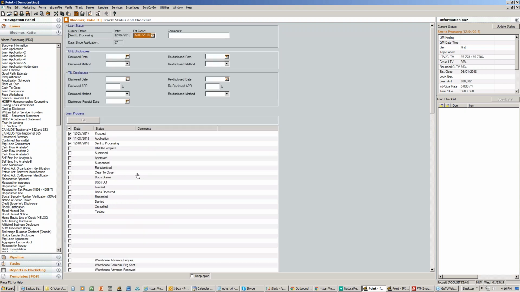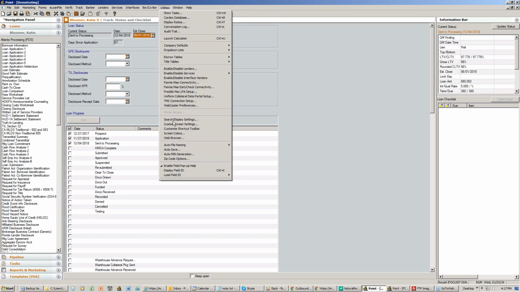Since you're already utilizing this screen, and this one is basically statuses, you don't necessarily want to put things in here like pre-qual or hot lead or cold lead or anything like that. Because if you do it, you're going to add it down here, and it's going to fall in below where your prospect and application date is. So what I started showing my customers how to do was under